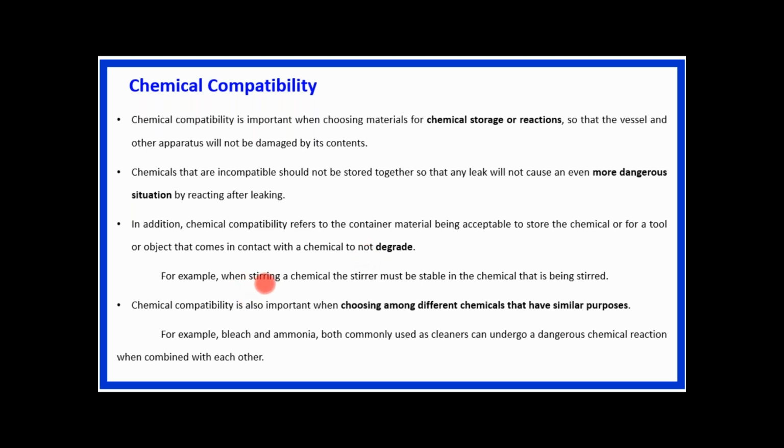A simple example is that if you want to stir some chemicals, and the stirring material is glass, normally we use glass because glass is compatible with all of the chemicals. But instead of glass, if you are using a copper stirrer, a metal stirrer, then sometimes that metal may react with the chemical going through the stirring process. If that is done, then the side effects of these chemicals on that metal stirrer may be observed after some time.